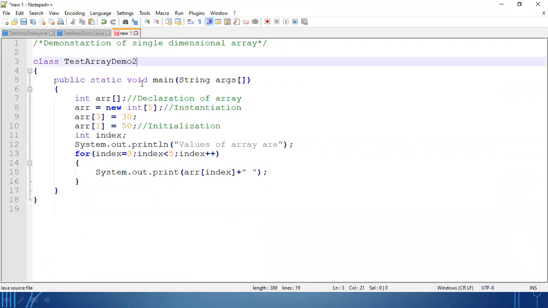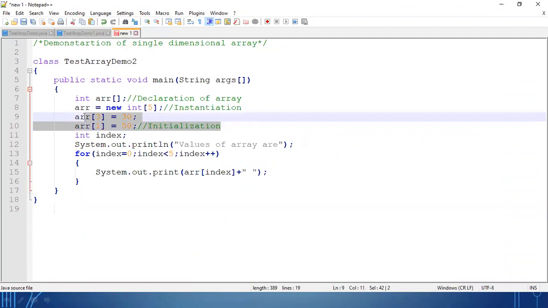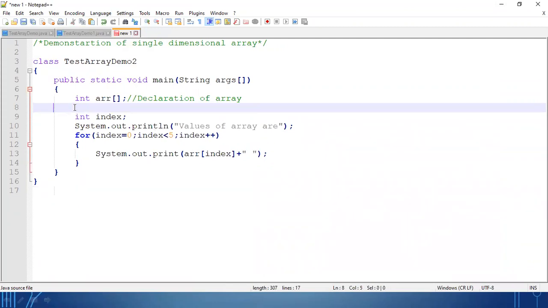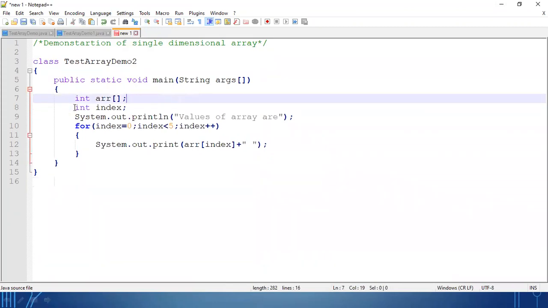Clear? So at the time of declaration, I am assigning the value. Okay, 10, 20. So 5 values I have stored in my array. Okay. So whenever I'll assign the value directly, I don't know what is the size of the array.